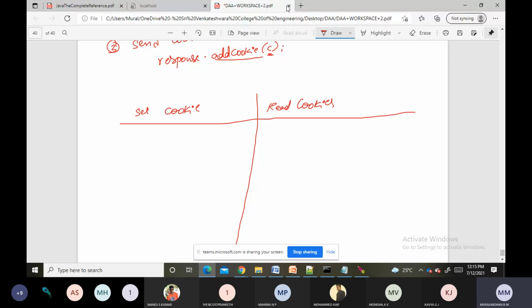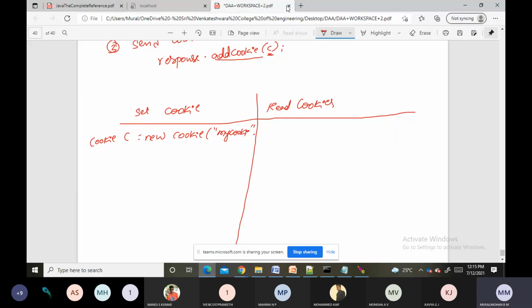Now, first observe what the first step is. To set the cookie, we use the cookie constructor. You can use whatever cookie name you want: cookie is equal to new Cookie of, what is the name of the cookie? Let me take, I will give myCookie.